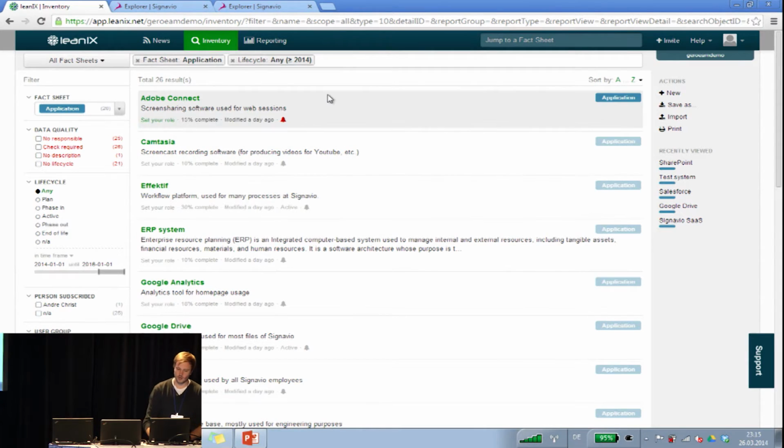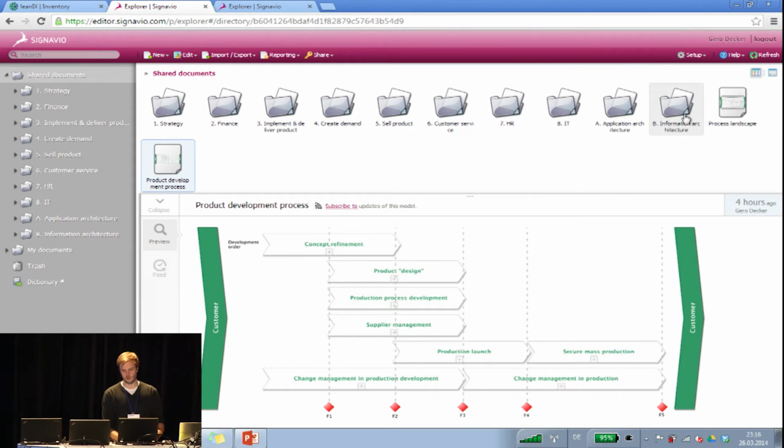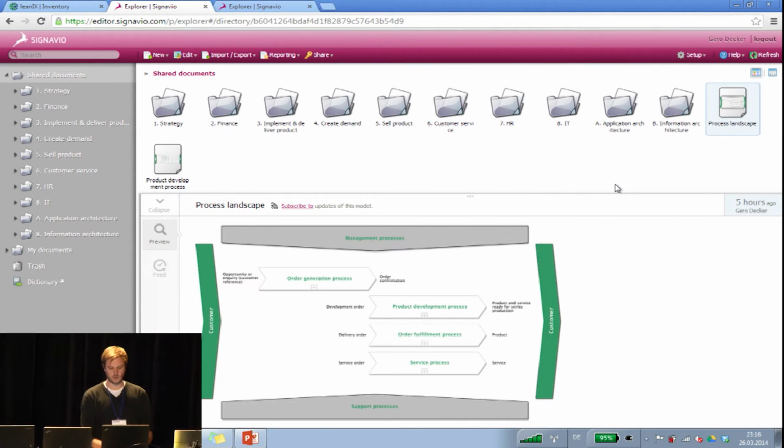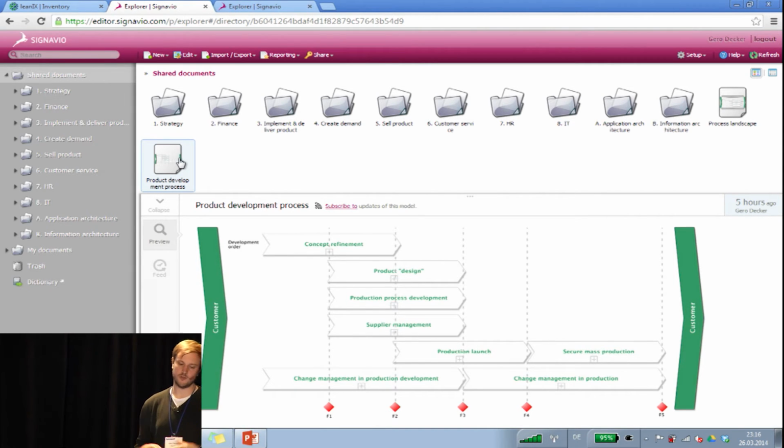Okay, so I'll actually start in Signavio. This is the Signavio tool for those of you who haven't seen it. What you can do is basically describe processes on different levels, from high-level process architectures through multiple levels. You typically then go down at some point to the BPMN level, where you start describing the activity flows and distribution to different people, and information flow, and IT system usage for tasks, and so on and